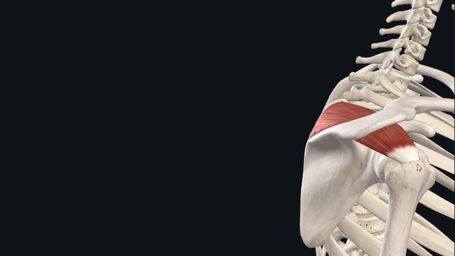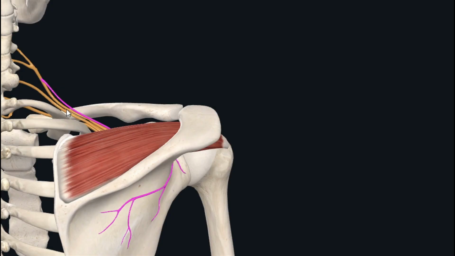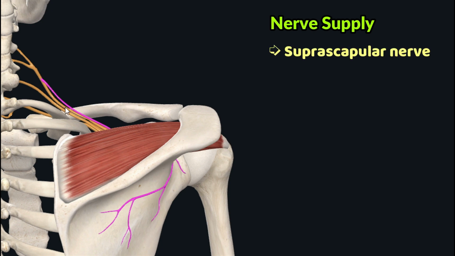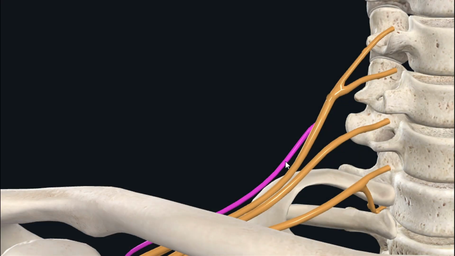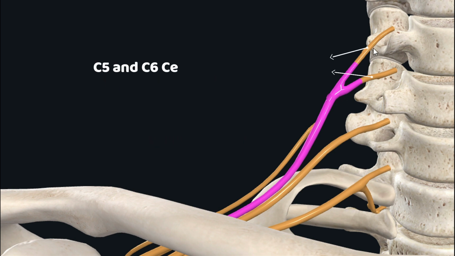There are 3 facets on the greater tubercle of the humerus, and the supraspinatus muscle inserts on the superior facet of the greater tubercle. In terms of the nerve supply of the supraspinatus muscle, this muscle is supplied by the suprascapular nerve. The suprascapular nerve arises from the superior trunk of the brachial plexus, with C5 and C6 cervical nerve